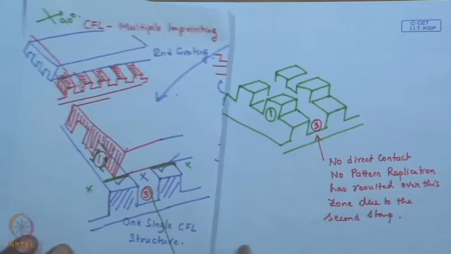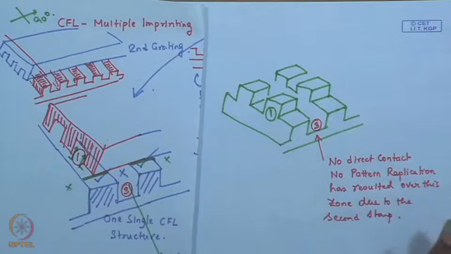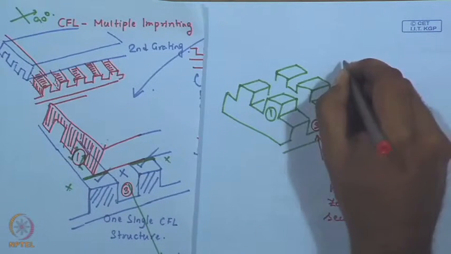So, therefore, the structure you see now has a 2D order,